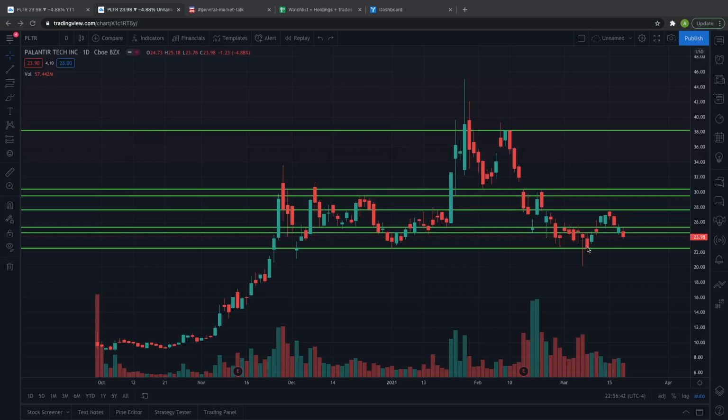a very key level for Palantir. I would argue that it's actually the most key support level for Palantir of all of the price targets that we've got going on. It's been used as support many times over the past couple of months, but what's very interesting about any time Palantir touches 22.60 is that within the next trading week, it hits 27.70 to the upside. So we can see here that it was used as support, and within the next 2 trading days had already